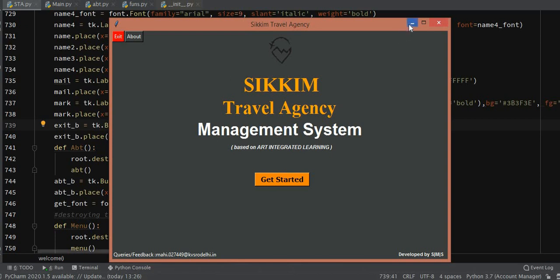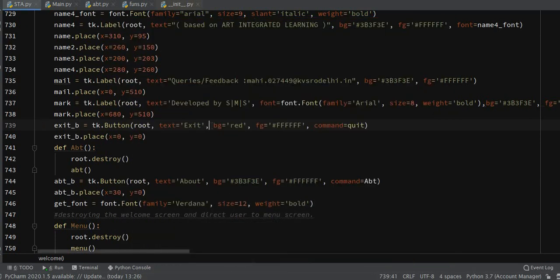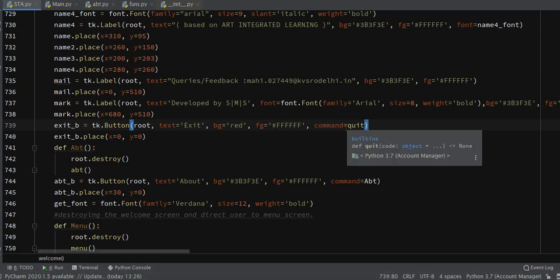Now there's a background color, so we're going to use bg again. Here I have not specified the hex code, so you can directly write the color name, as you can see. Then the font color using fg. And now the command this button is going to perform is quit. Now quit is a keyword here because it is provided by your tkinter module, so don't get confused about what quit is.